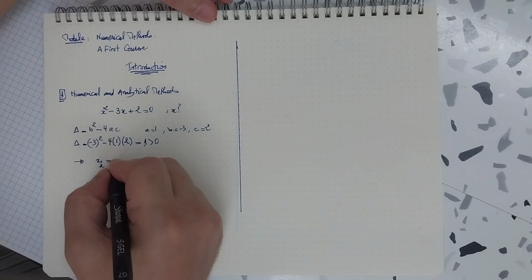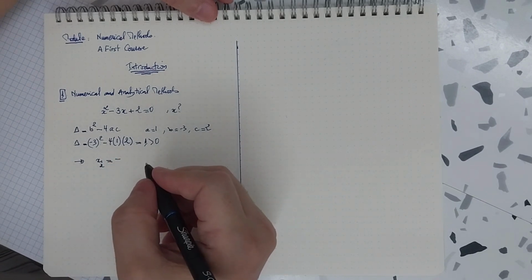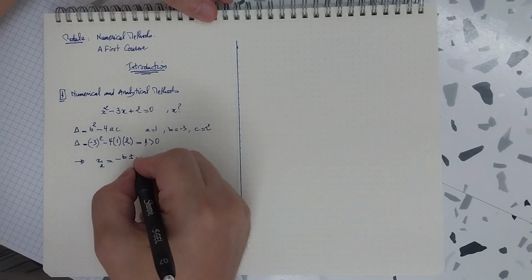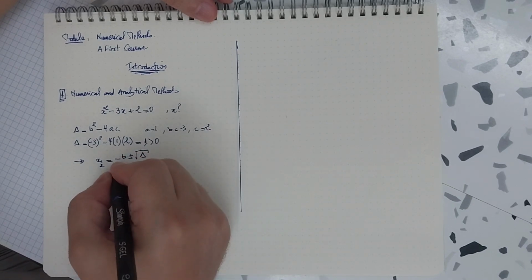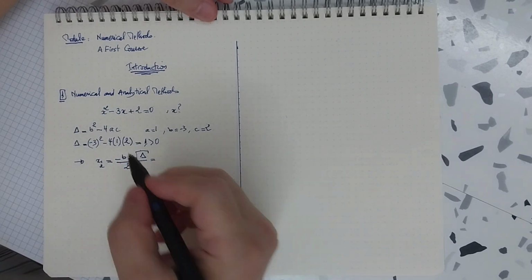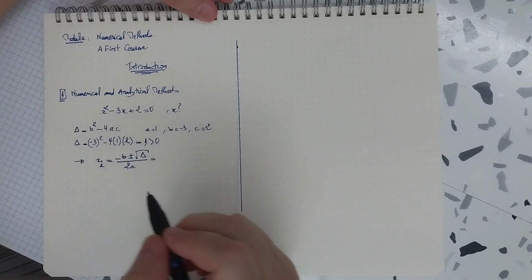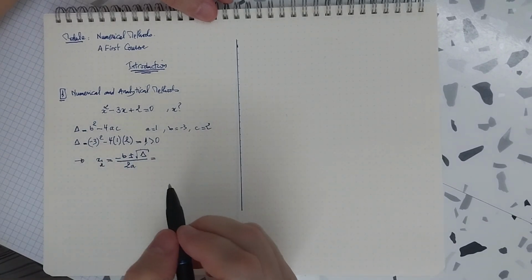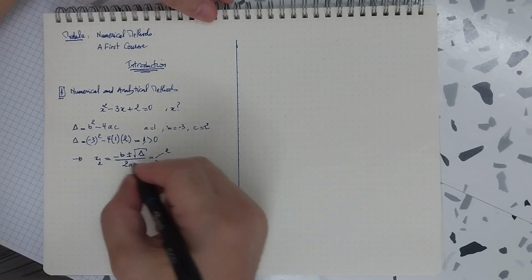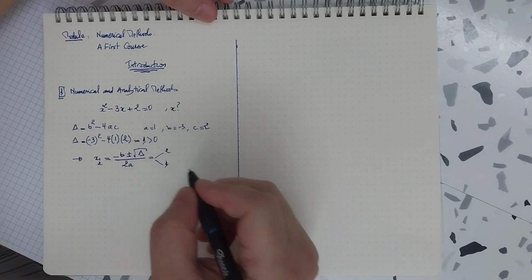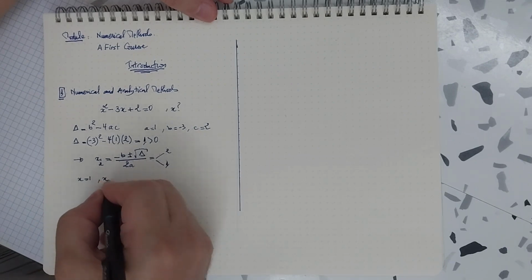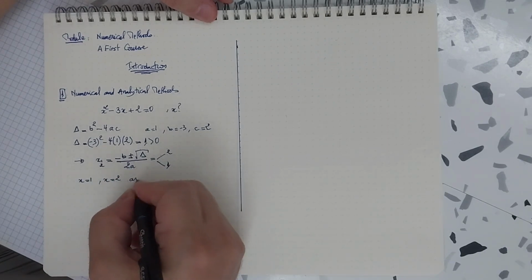And we know the formula: x equals minus b plus or minus square root of delta, all over 2a. When we replace delta, a and b by their values, for plus we obtain 2, and for minus we obtain 1. So x equal 1 and x equal 2 are the solutions